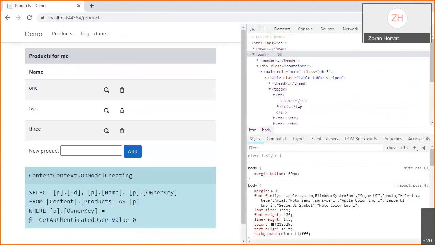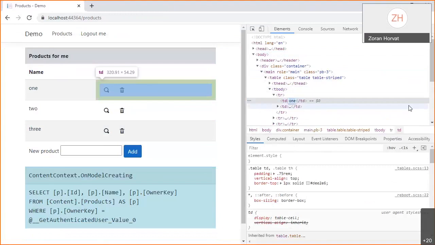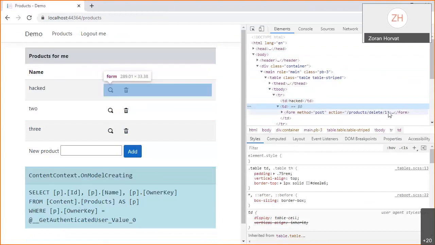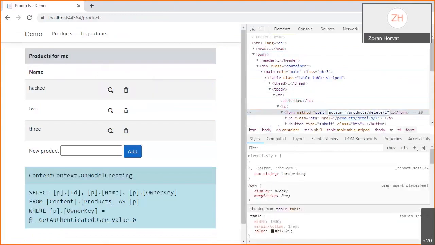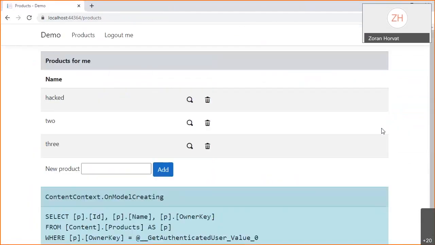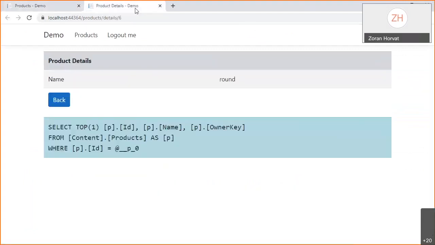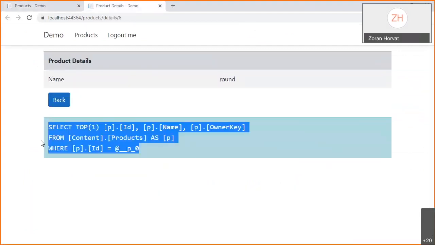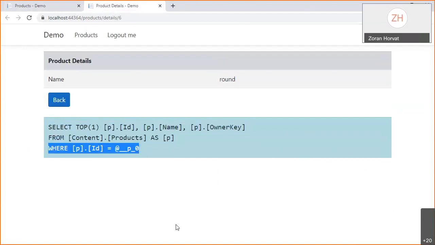Here is this row with 1. I'll call it hacked now. I can forge the request and say, why not delete something? Okay, if there is ID 1, maybe there is ID 6. And I can even check it with URL to see the details. Can I see the details of ID 6? Let's see. Yes, I can, because my application was only selecting by ID, and that ID did exist, and I